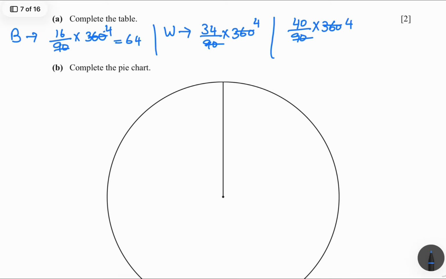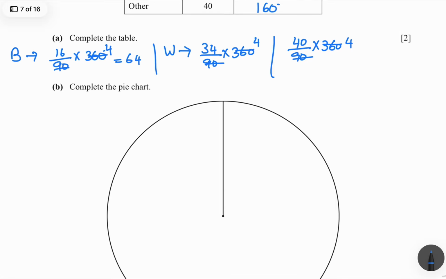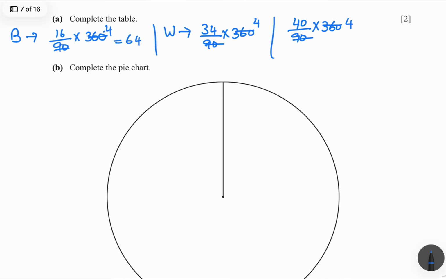So the pie chart is here. So you can see that 64. So you just place your protractor at this point, like this. Here you get the angle of 64. So you draw an angle of 64 here, right? Then you place your protractor here, then you make an angle